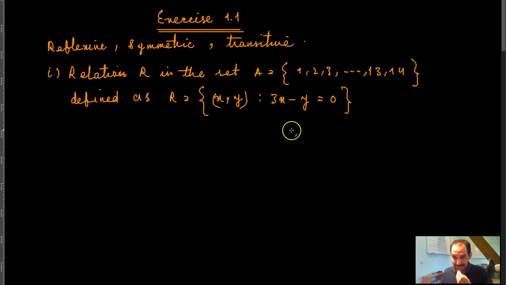So 3x minus y is equal to 0. That means that basically y is always equal to 3x. If you write 3x minus y is equal to 0, then take y to the other side, y is equal to 3x. That means that y is always 3 times x. Right? So what that means is that